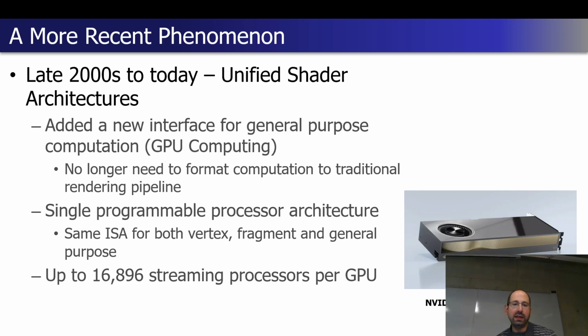But otherwise, architecturally, the unified shader architecture in the compute view of what's happening is actually just a subset of what's already there for rendering. We're actually taking things away from the diagram, not really adding anything to the diagram at that point. With unified implying that there's a single programmable processor architecture, the same exact underlying ISA for vertex shading, fragment shading, and general purpose compute.